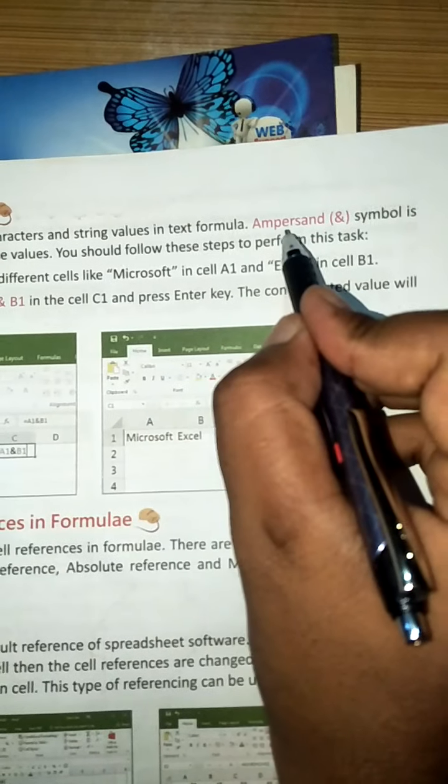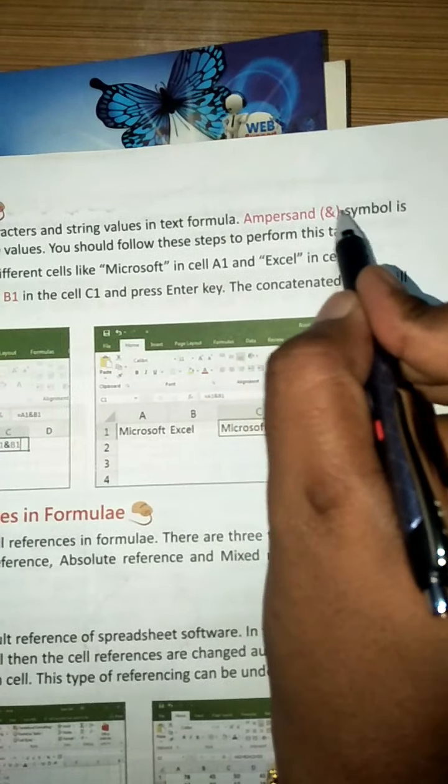Now using a text formula you can concatenate the characters and string values. Ampersand, that is the and symbol, is used for concatenation of the values. You should follow these steps to perform the task. Enter the two strings in different cells, like Microsoft in the cell A1 and Excel in the cell B1.